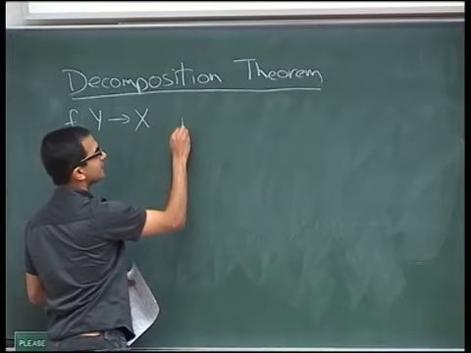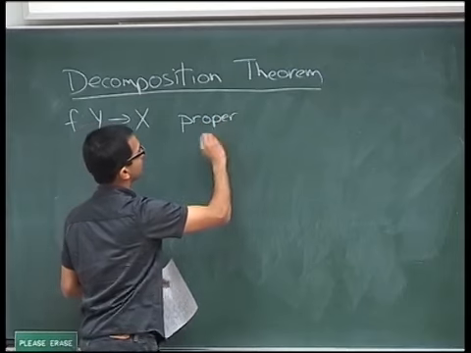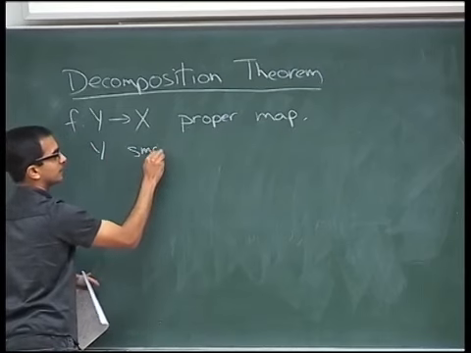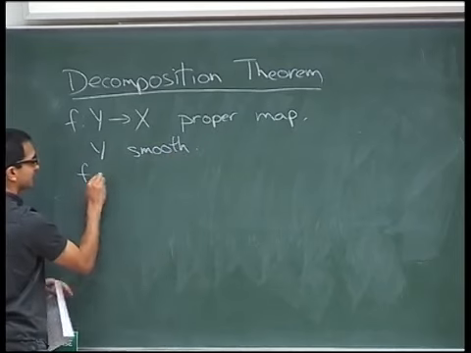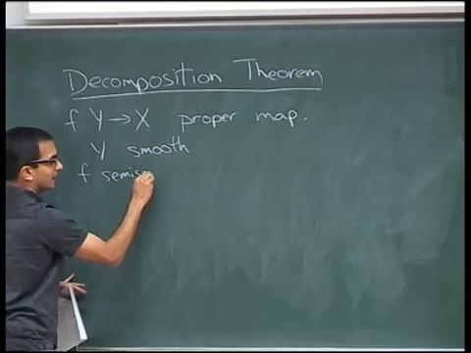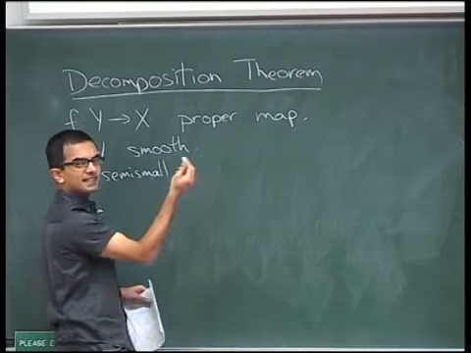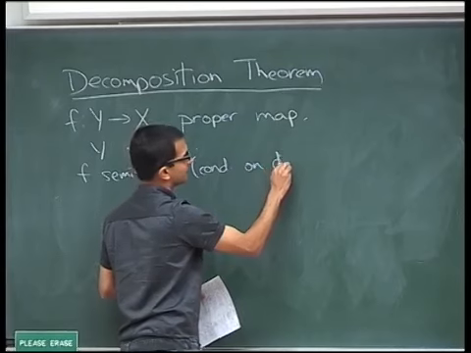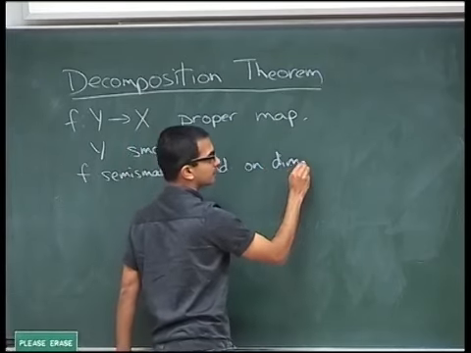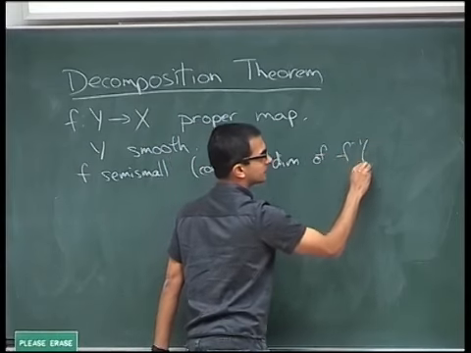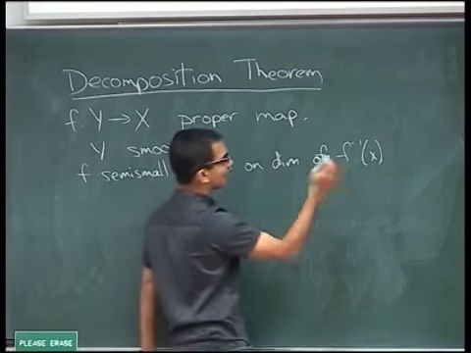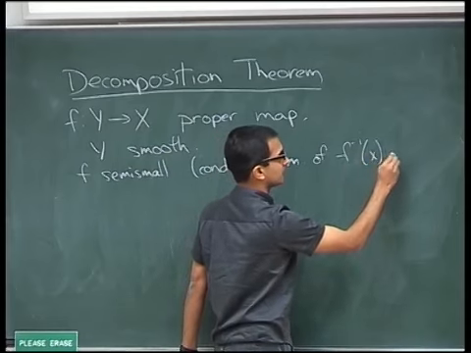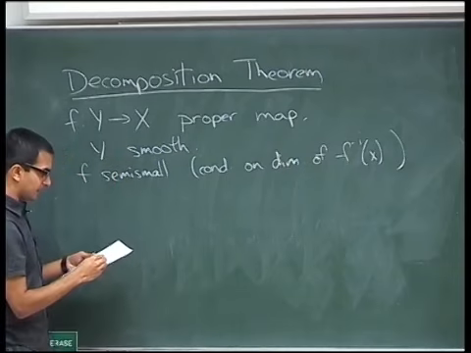So if f is a proper morphism of varieties, and Y is smooth, and f is semi-small. It's some technical condition on the dimensions of fibers of f. I think I won't write down exactly what it is, but anyway, it's some inequality. Then